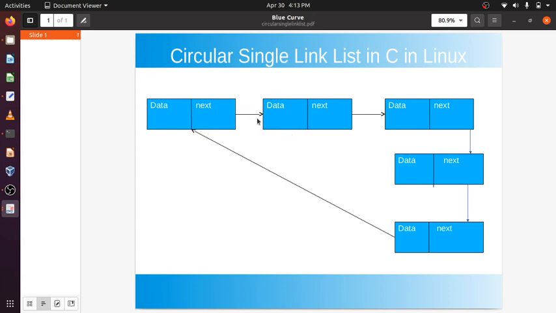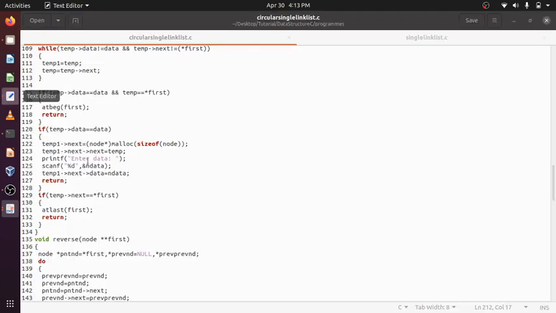I have to insert here, temp will be pointing here, temp1 next will point to the new node, and the new node will point to temp. So temp1 next is a new node, the new node's next will be temp, and the new node's data will be data, and return.